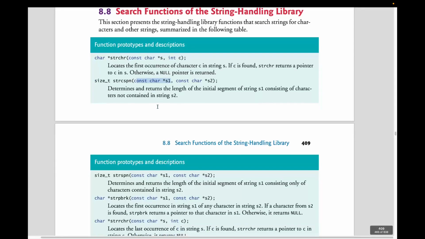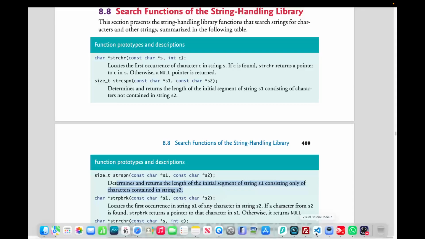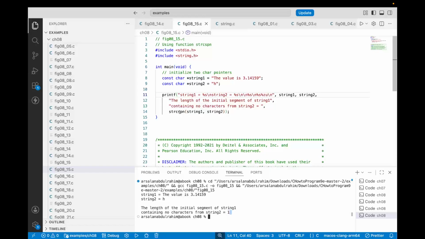Very simple function. Now the third one is something almost similar to this one with a negative output, and that determines and returns the length of the initial segment of S1 consisting only of the characters contained in S2. So this is strspn. So let's see, if I change it to spn instead of c, I take it out, and now this time containing,